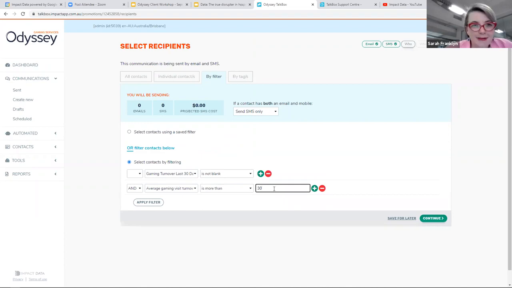And I have no idea whether that's good or bad, guys. So I'm just making up numbers, okay? So feel free to educate me. Now, if I apply that filter, because this is a test database, it's not going to have anyone in it. But I'd be able to see how many people that was, and I'd be going, oh, okay, that's probably not enough, or it's too many. I might keep filtering, and I can use that filter to segment my audience. Now, if you want to send a communication to your whole audience, you need to send your monthly newsletter.